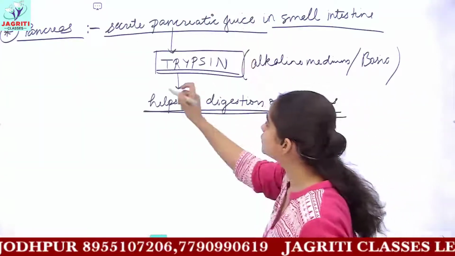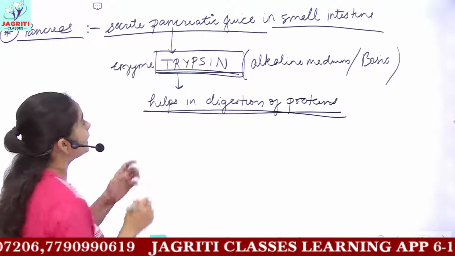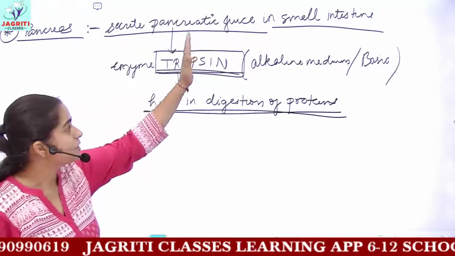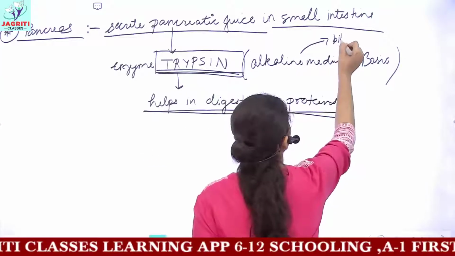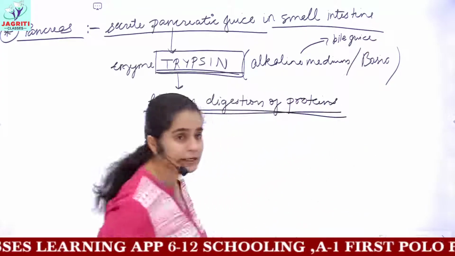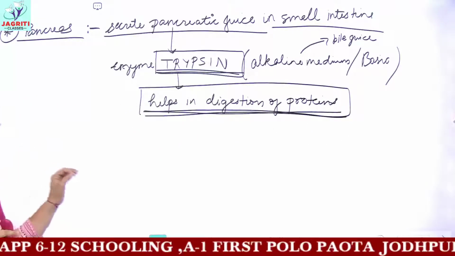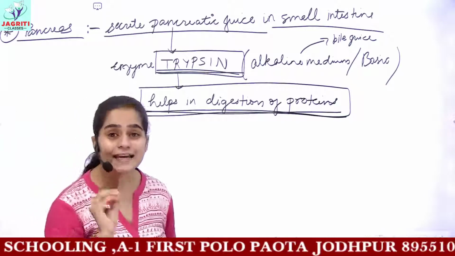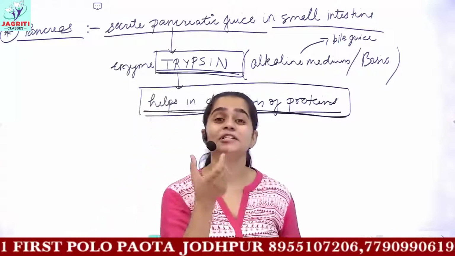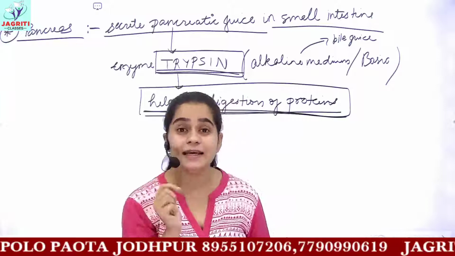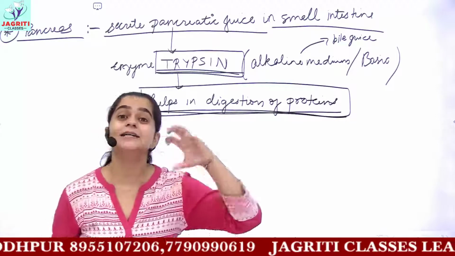This pancreatic juice contains an enzyme called trypsin. This is the enzyme which is present in pancreatic juice. Now this trypsin requires an alkaline medium. The alkaline medium is provided by what? The bile juice which is secreted from the liver, and now it helps in the digestion of proteins. So in small intestine you have complete digestion, okay? Everything which was partially digested, that is starch, 30% of starch was digested in your buccal cavity. Then next you had certain digestion of proteins, that is partial digestion in the stomach.